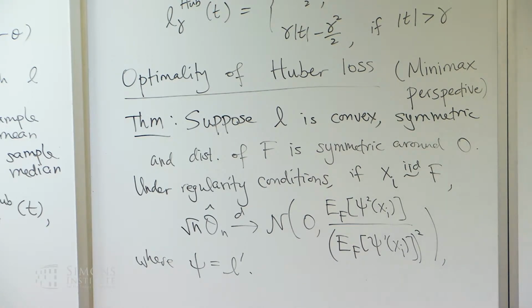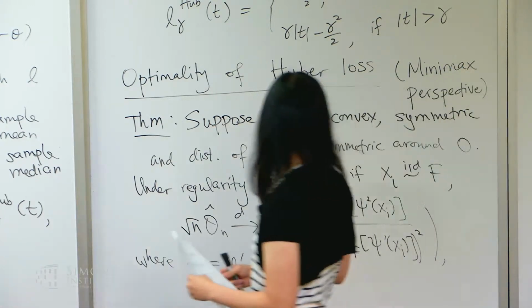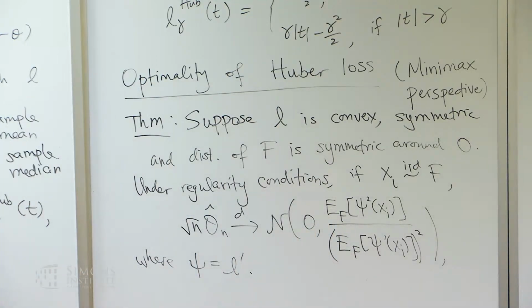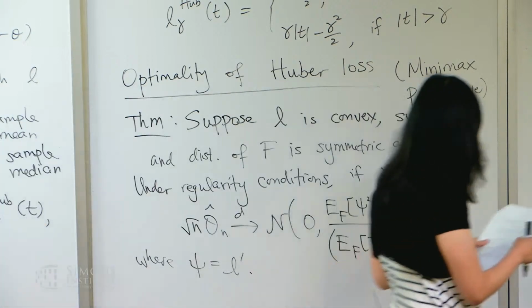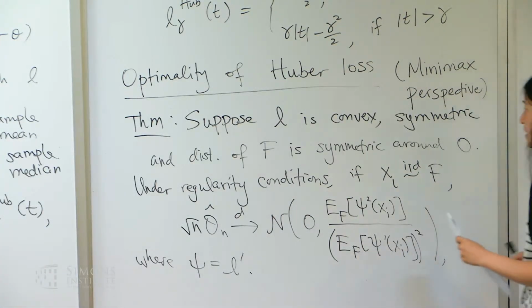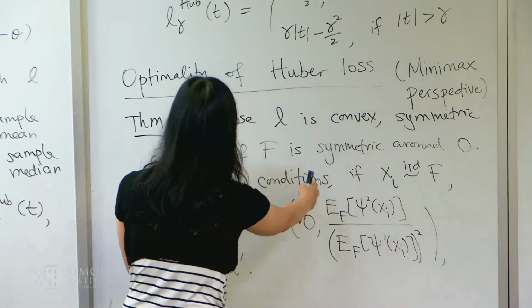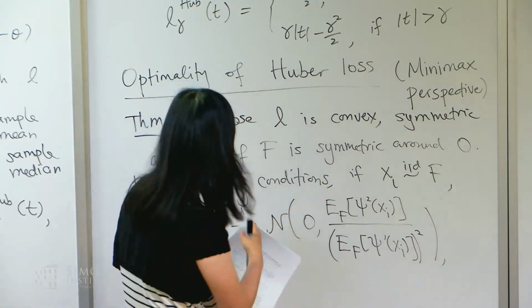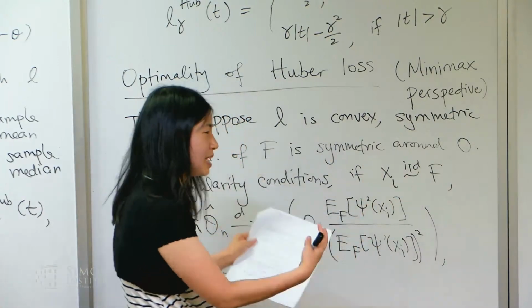Yeah. This theorem applies to all of the losses you have there, not just the Huber loss. Is that right? Yes. I think it doesn't quite apply to this one because it's not differentiable, but some version of it applies to this. The more general theorem applies to this. But yeah, that's a good point. So there are regularity conditions that are mysterious because I haven't told you exactly what they are. But amongst this class of estimators, that's what we care about.